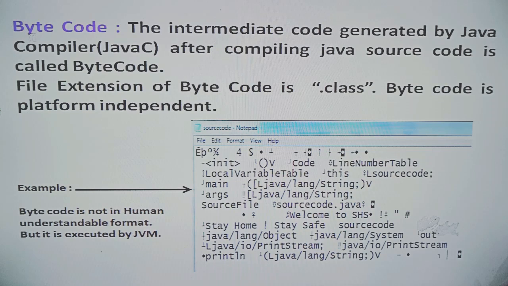It means if you have typed your Java program on Windows operating system, if you will take this class file, you are able to execute it on Linux, Macintosh, Android, any platform. So that is called platform independent nature.